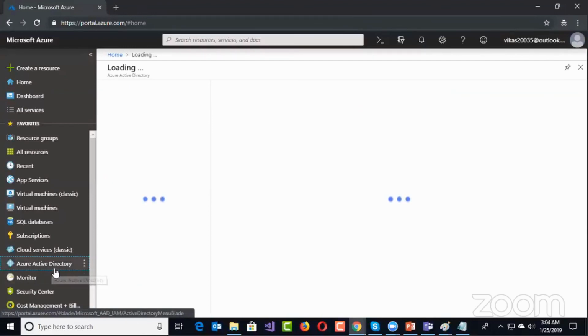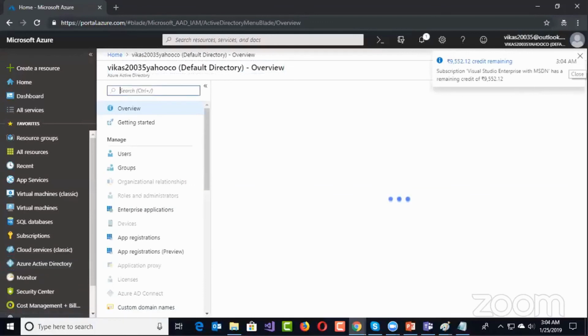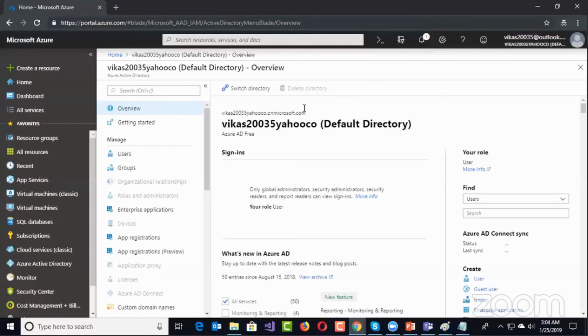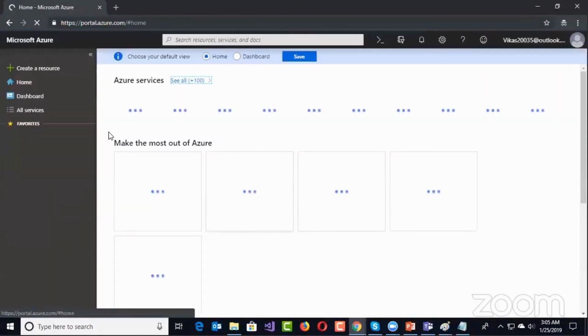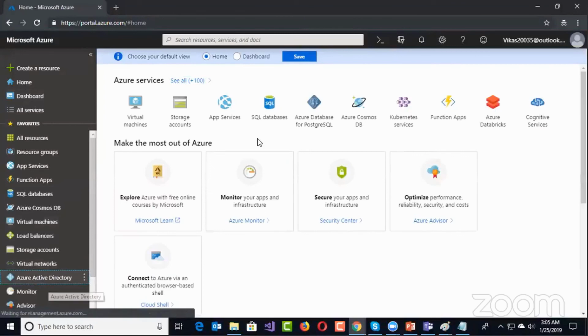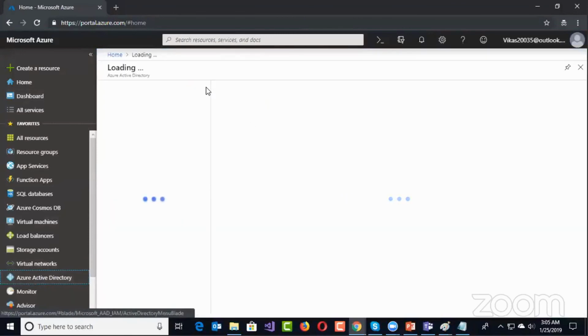I'll try from this console now, Azure AD and the default directory. I'll try to switch from this option here. Switch directory and search with the name called quickstart Jan. So first of all, under this Azure AD, I'm in the standard AD first. So let me convert it into the premium AD.